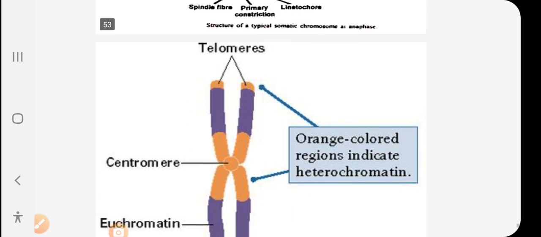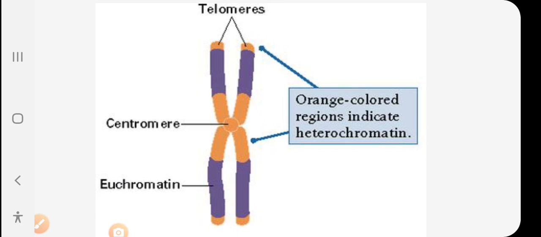And this is also one of the important things. I already told you, just around the centromere or either side of the centromere, the genetic information is very highly repetitive DNA sequence. So it means inactive DNA sequence. It is heterochromatin, a heterochromatic region. It means a densely stained part, which can stain heavily.